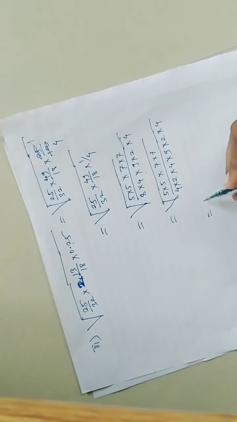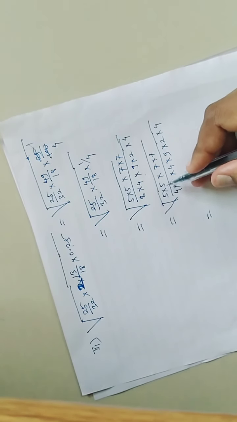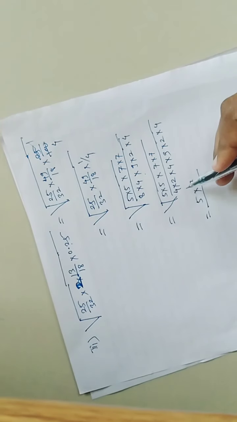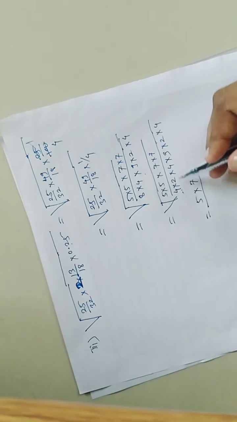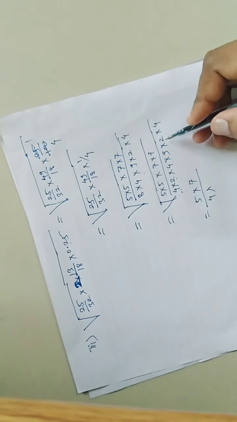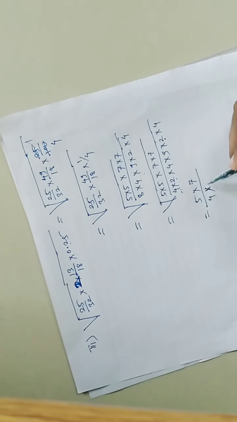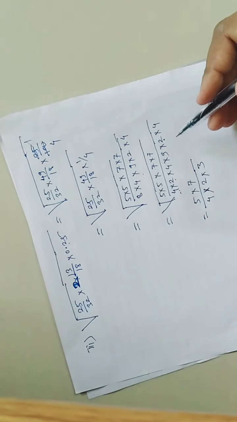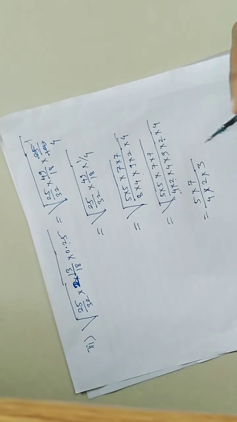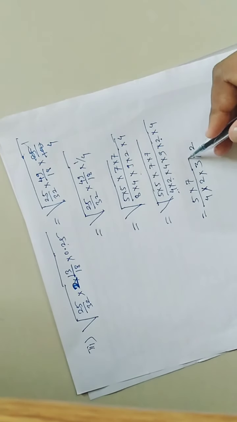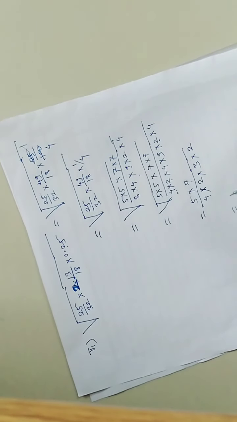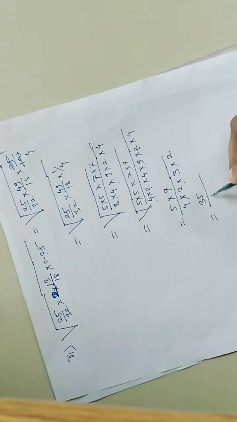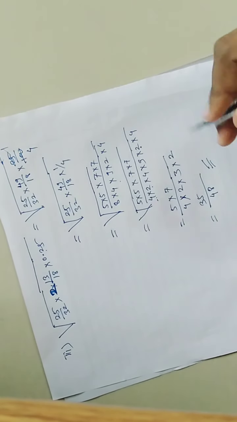Now we'll see numerator square, 7 7s are 49 whose square root is 7, this 4 is 16, so square root of 16 is 4, 2 2s are 4 whose square root of 4 is 2, then square root of 9 is 3, and then again 2 square root of 4, so 7 5s are 35, 4 2s are 8, 8 3s are 24, 24 2s are 48, so which is the required answer.